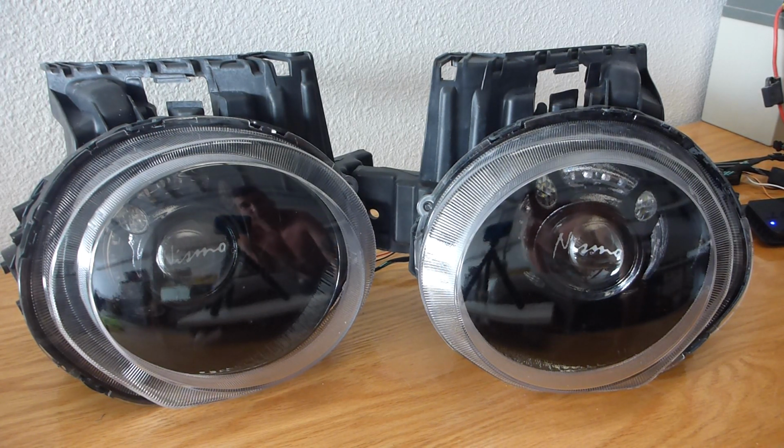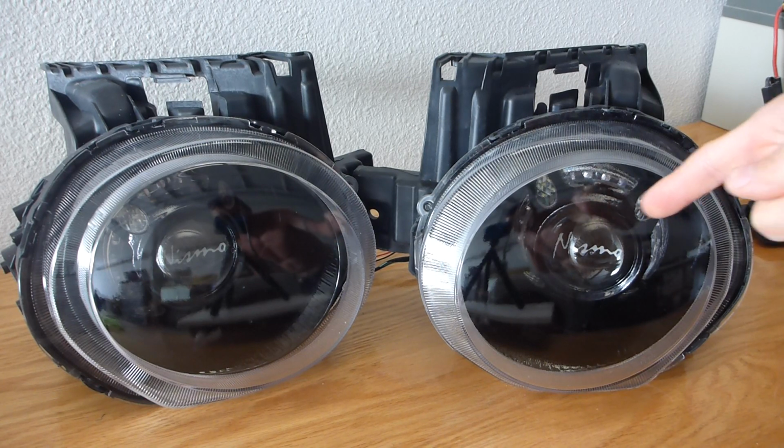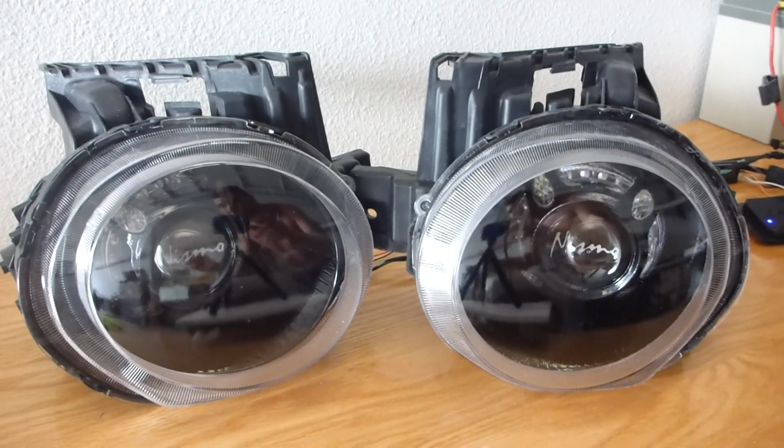A, because they're for Nissan Juke 2011 to 2014, so of course I'm a little biased. B, because they're paint code B20, which is my paint code, so I'm a little biased. C, because it's custom etched with that Nismo logo there. So we sent that in and had that done, which is super awesome because the owner, Joe, owns a Nismo,